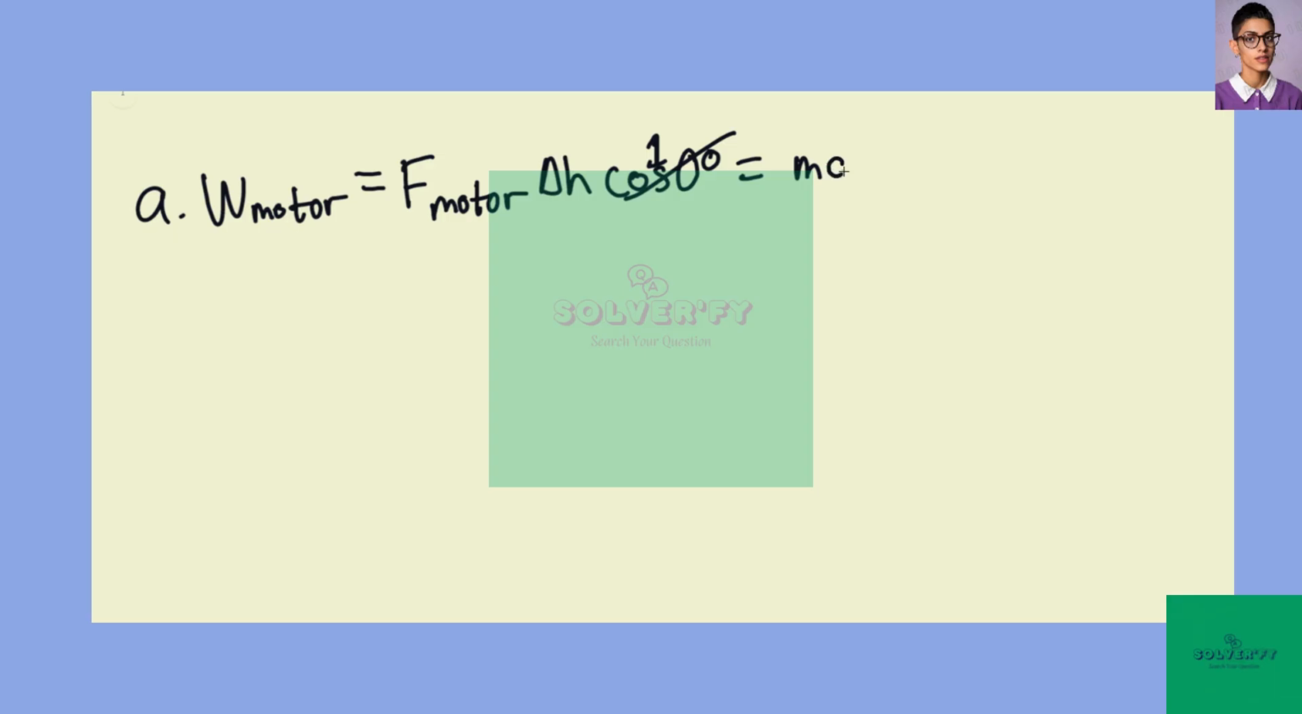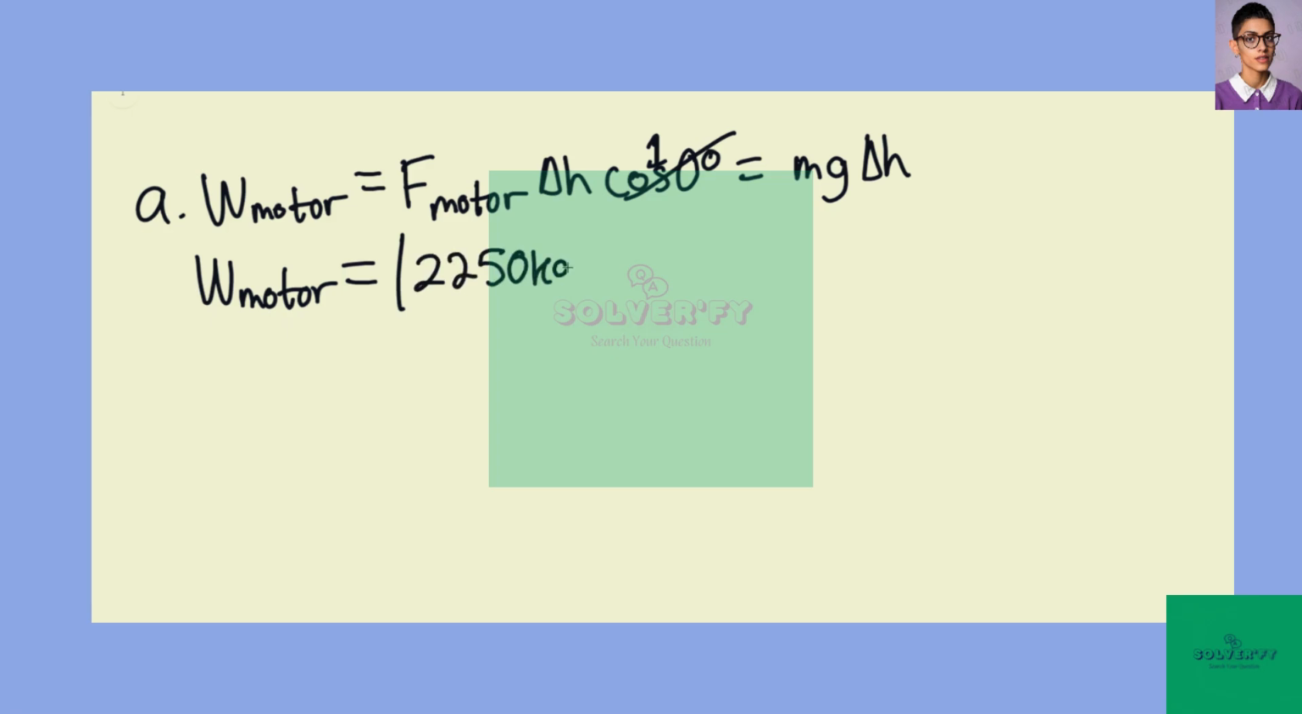So for part A, to find the work done by the motor, we can say that this is going to be equal to the force of the motor times delta H times cosine of 0 degrees. This is going to be equal to 1, and this will be equal to mg delta H, given that the force of the motor is equal to the mass times the gravity, and the work of the motor would be equal to the mass,